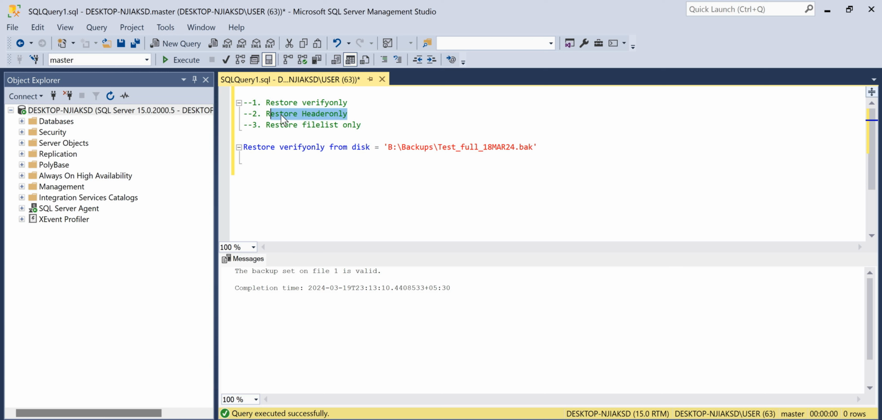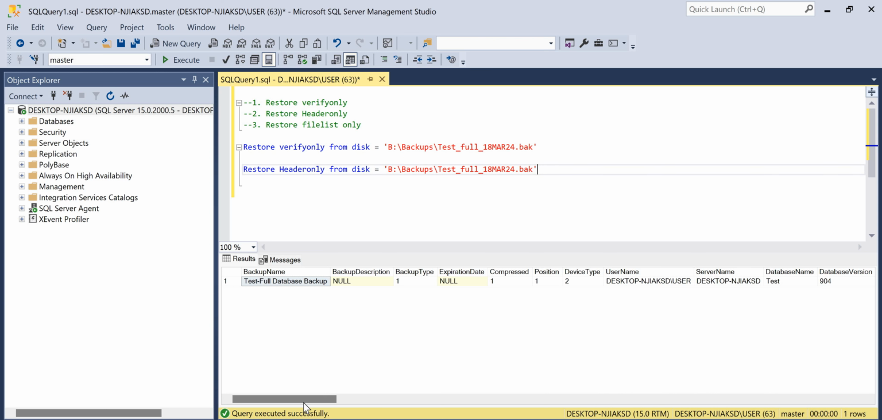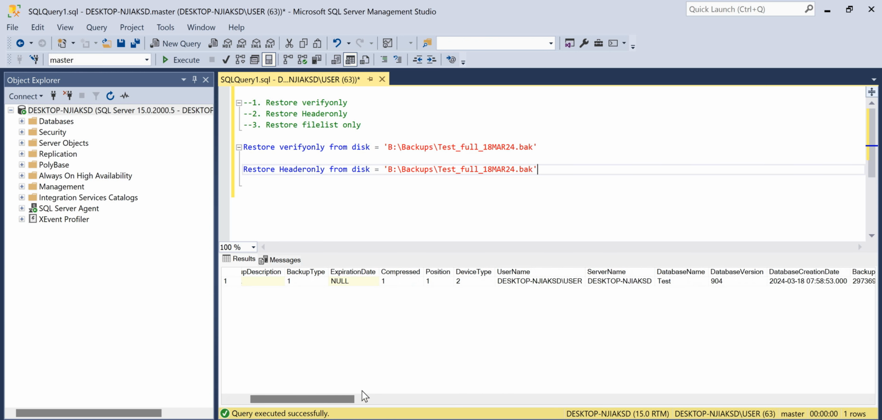Coming to RESTORE HEADERONLY, it will give you another bunch of information about the backup files. Let's see, RESTORE HEADERONLY FROM DISK equals, I'm giving the same file. Let's execute it. See, what information it will be showing? The backup file name and the backup type. Is it compressed or not? Yes, it is compressed. Device type and username,